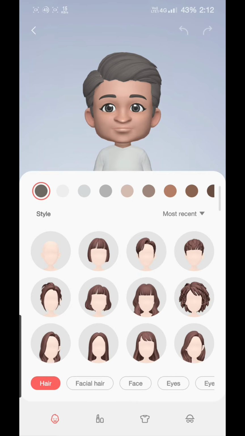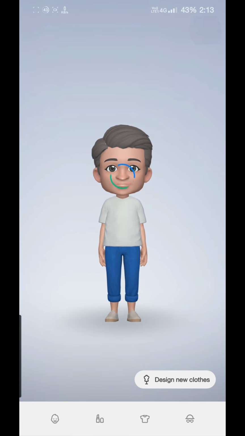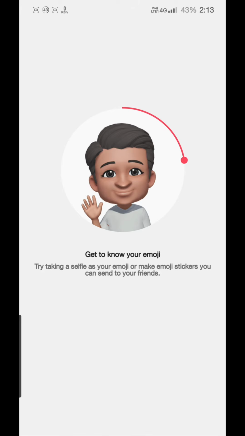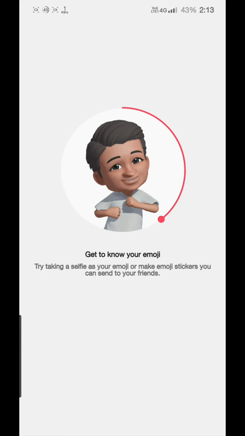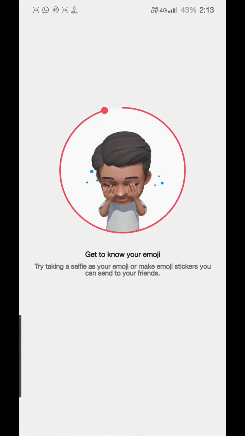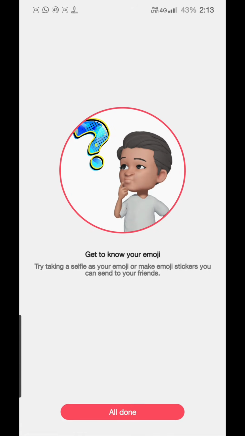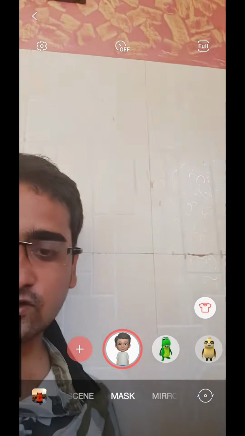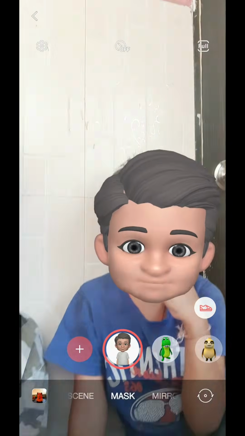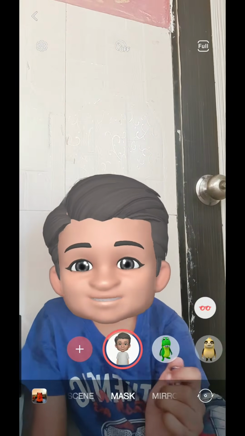Okay, now this is what I have created. I will just select next right now so that we can go ahead and have some emoji play right now. So it has created the emojis for playing. So all done. Just need to click on done. All done. Now Frog, let's see it in action. So as you can see, it's in action right now.